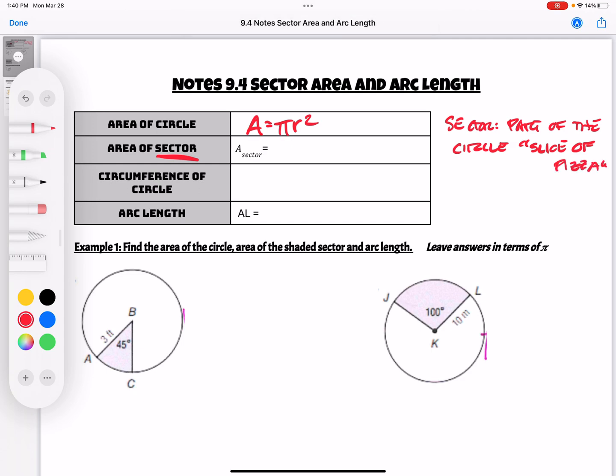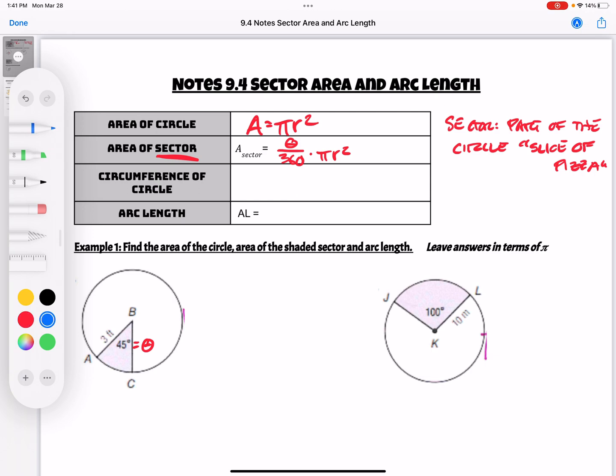All right? And so the way that we do that, if you look at this first one down here, I'm going to say 45. I'm going to call that theta. And recall theta is an angle that we don't know. So we're going to say theta over 360 times pi r squared. So it's just a portion of the circle, however much of the pizza you're eating, divided by the whole pizza